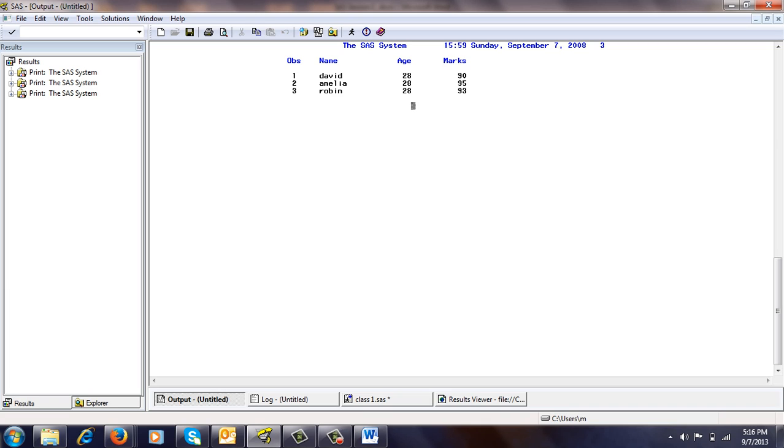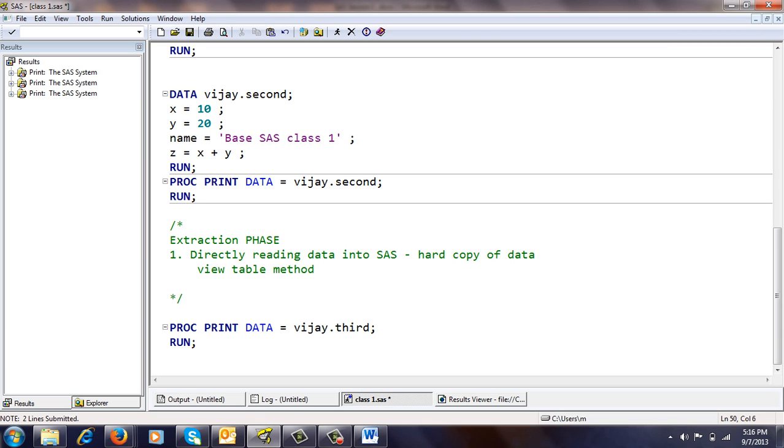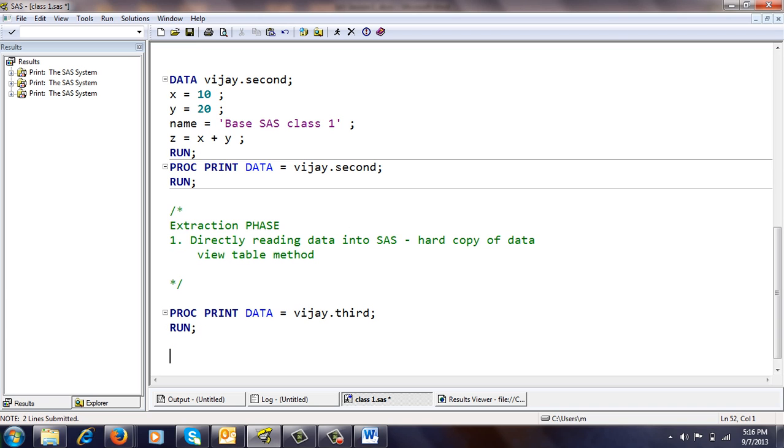You can see it is giving all the variables name, the name which we gave there, and all the observations which we have given there. So the first method is you have to enter the data directly into the SAS. You can go for the view table method. Second method is your